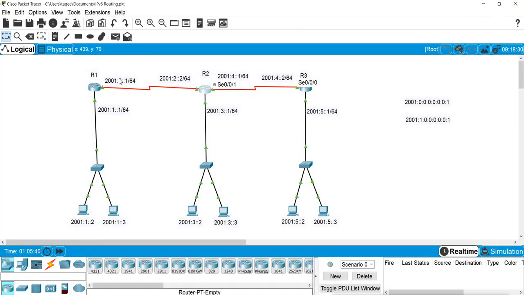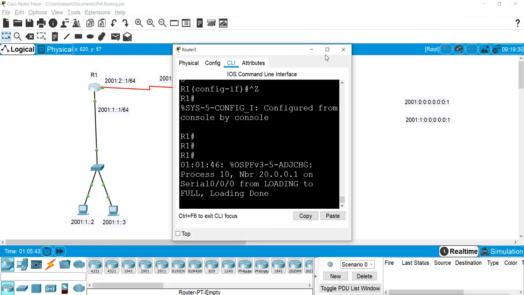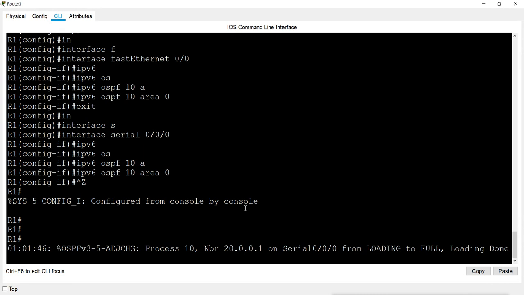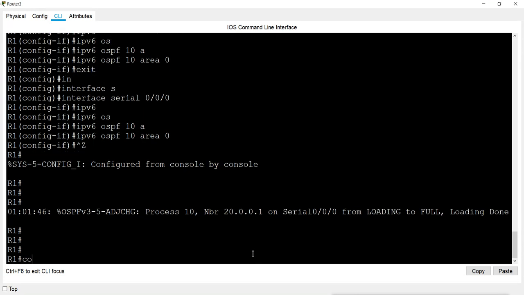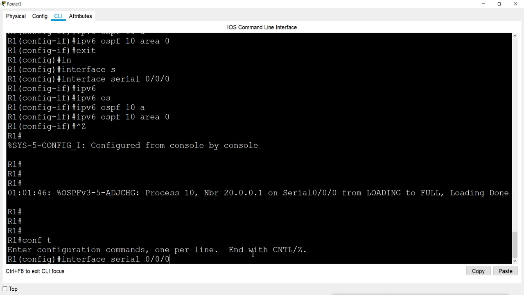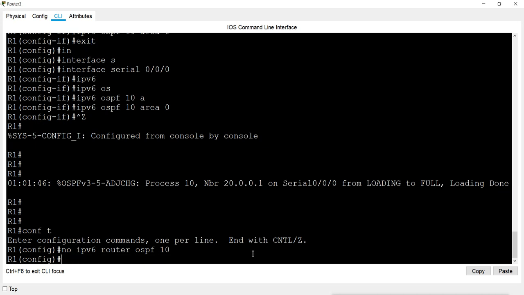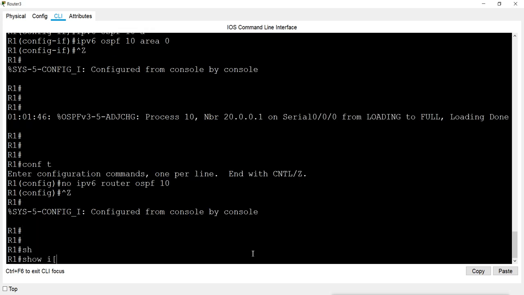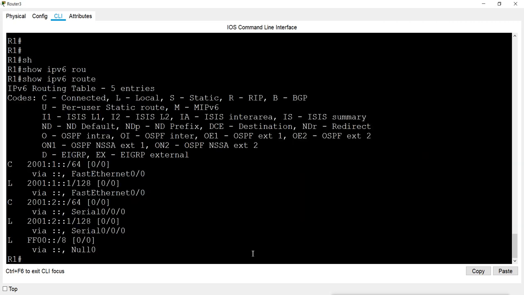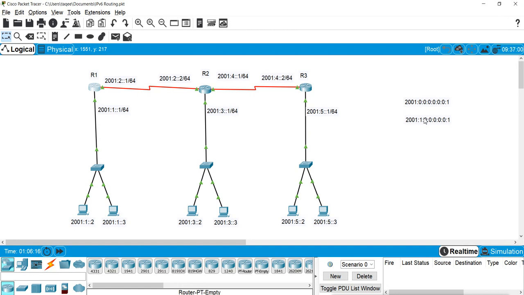And I can also remove it from router 1. Now it's showing only the connected network. So this is how we assigned OSPF version 3 for IPv6, and we removed it from the routers.